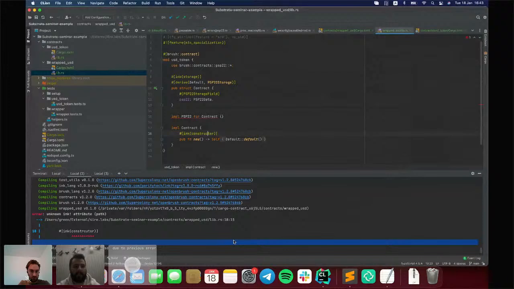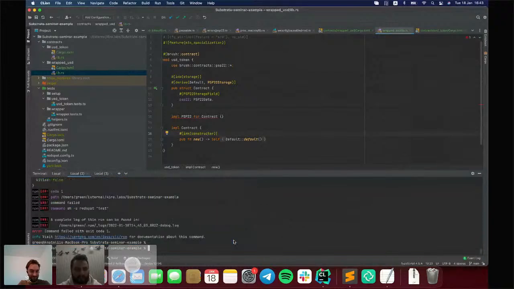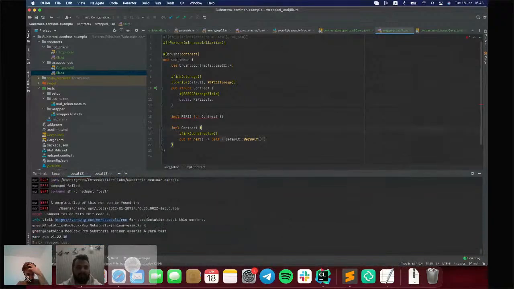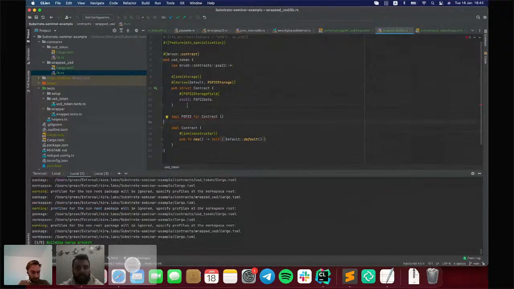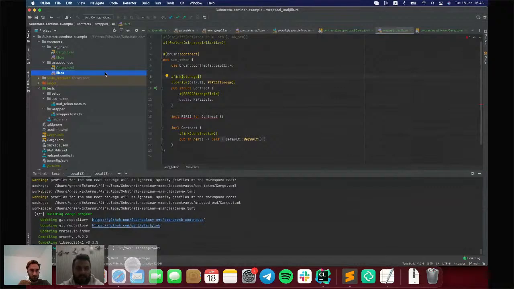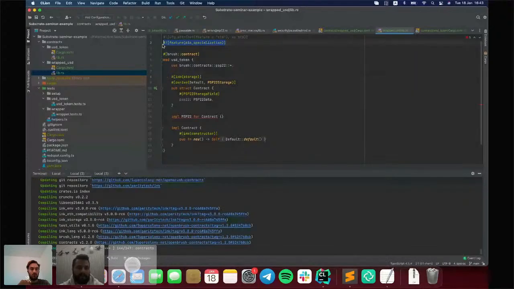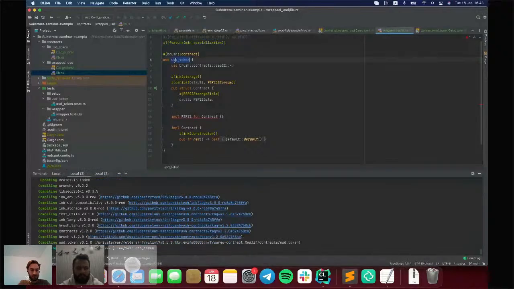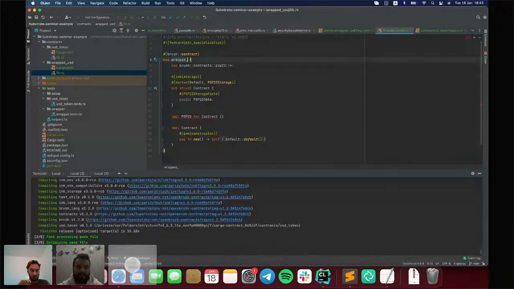Constructor. Yep. Here we have the same steps. We need to enable the unstable feature. We need to define the no_std attribute. Let's rename the package name to wrapped USD to be more correct.